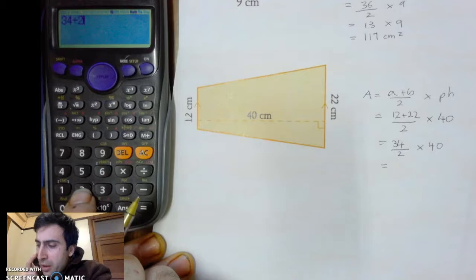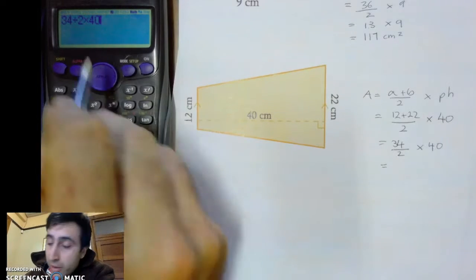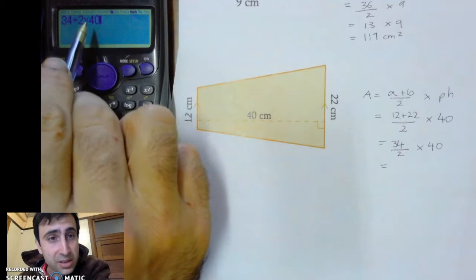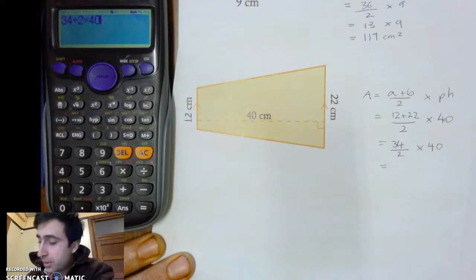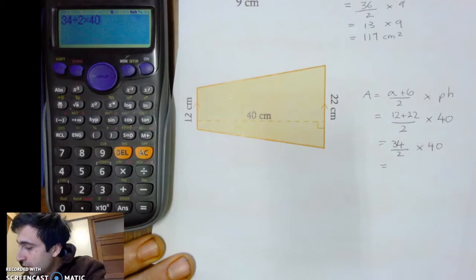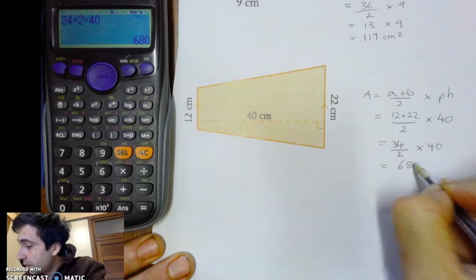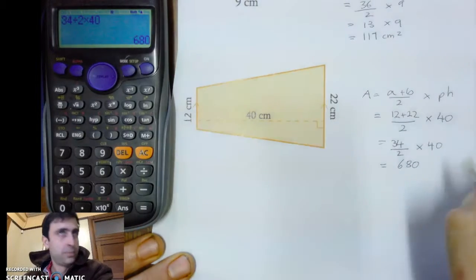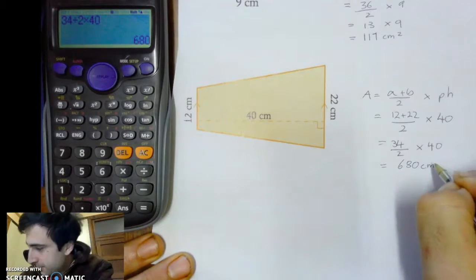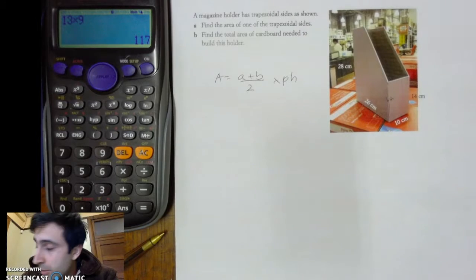Now, why can I do this all in one hit on my calculator? Do you remember our order of operations? Divide and times are the same thing. It doesn't actually matter which way we do it. It's going to come out as the same answer. 680. What are we dealing with? Centimeters, centimeters, centimeters. Therefore, it's centimeters squared. Now, I had to edit this one just a little bit, but